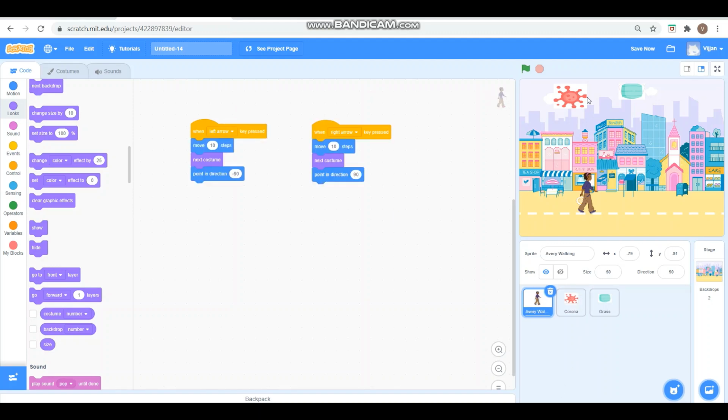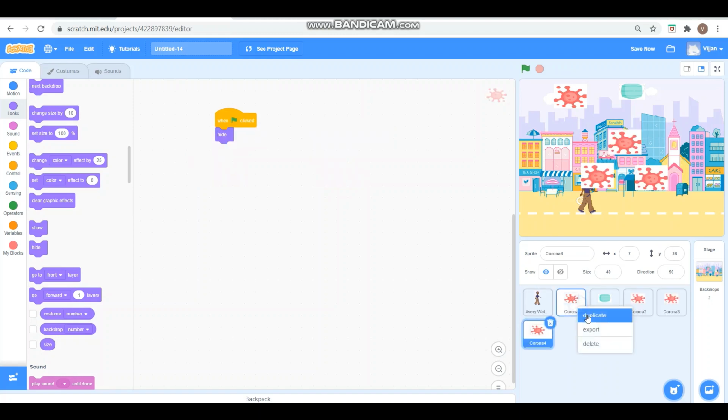We want this sprite to be falling from top n number of times. Like maybe at first we will make it fall 5 times, then we will change it to 10 times. So how will we do that? We'll make 5 copies of it and do the coding in these 5 sprites. Is that the way we are going to do it? Do you think that's efficient? That's not efficient, right? Why?